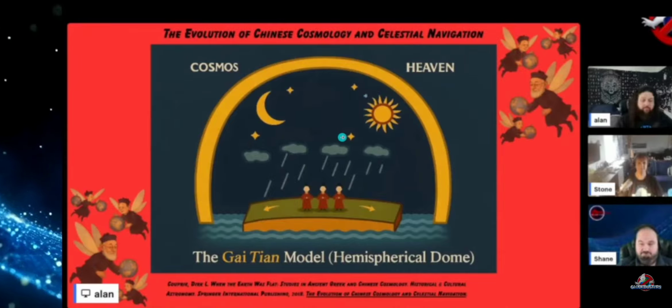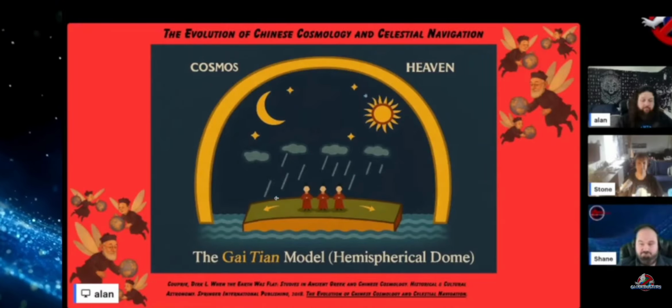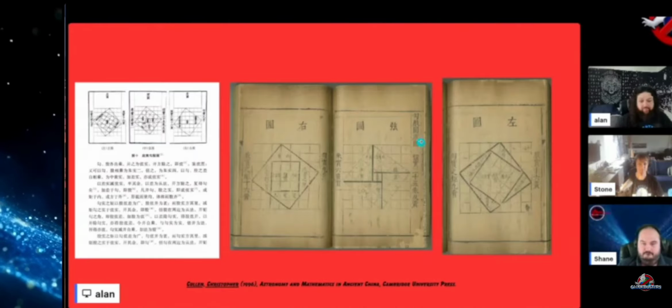Towards the end. But cosmologically, they started out as flat earthers who thought that the heavens were also flat and that you could see forever, and that was in the BC era. And then in the AD era, they changed cosmologies at like 100 AD and became spherical heavens with a flat earth, meaning that their conceptualization was that you had a spherical limit of vision and that what you saw was a sphere, but their cosmology was still a flat earth. So that's how they adopted their cosmology.